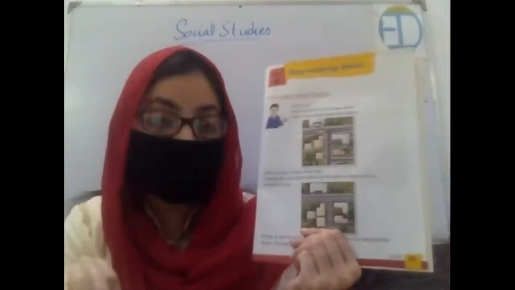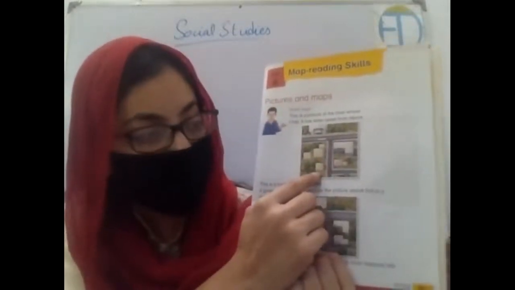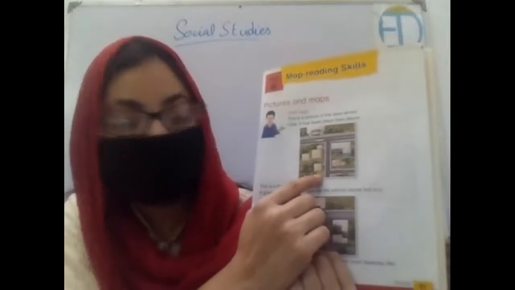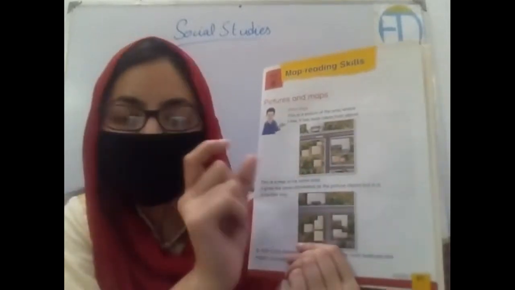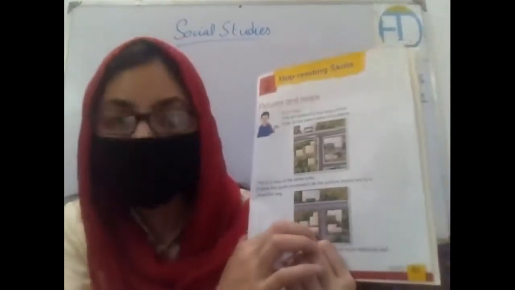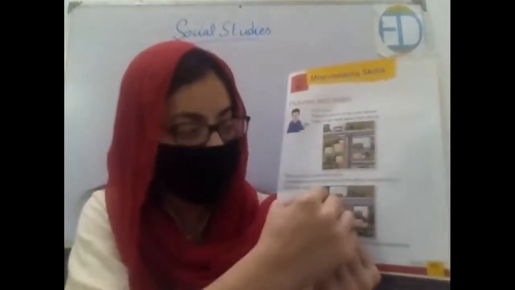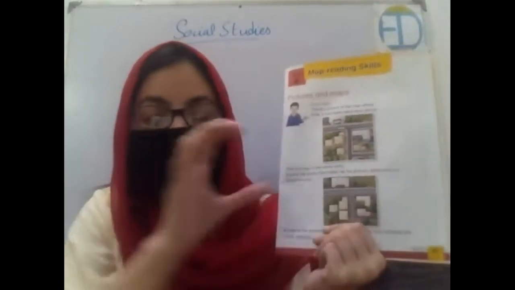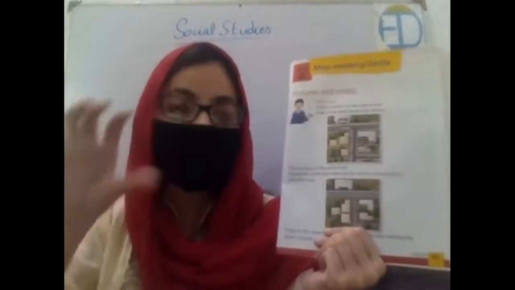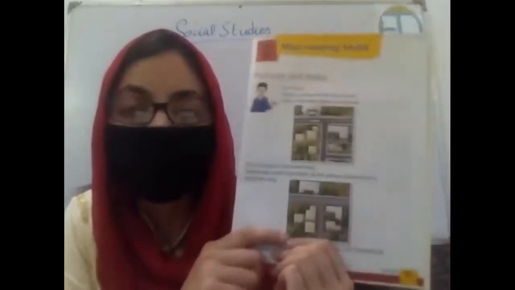Now what does simplified mean? It means that over here you can see in this picture the windows and the small details as well. Let's say if somebody is standing in the balcony, the picture captures that as well. But when we make a map of it, we will not be making a man in the balcony, we will not be making the cars on the roads, right? We just want to show the map, how that particular area looks like. So this is known as the map of an area.